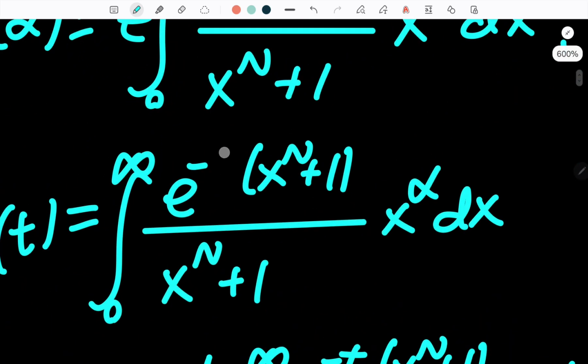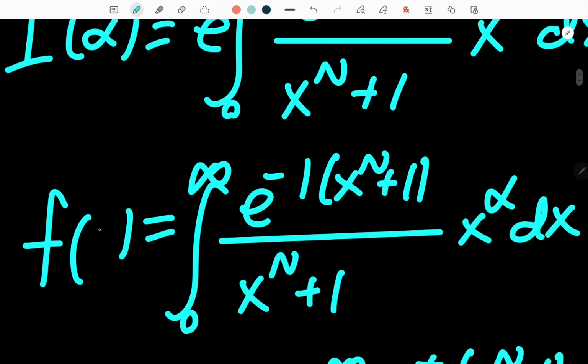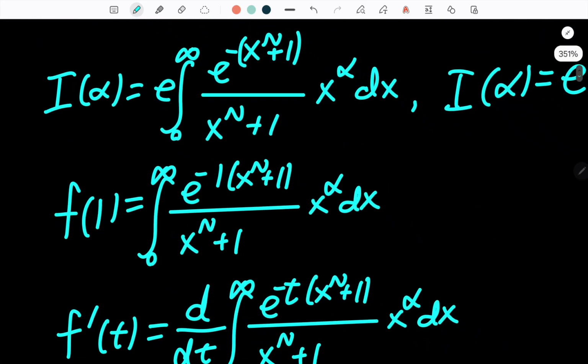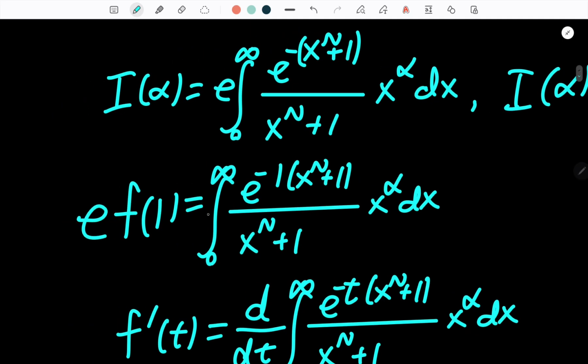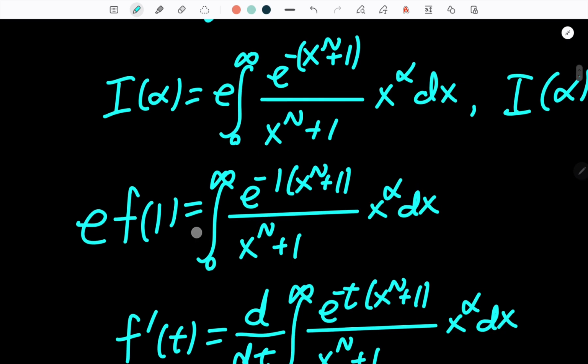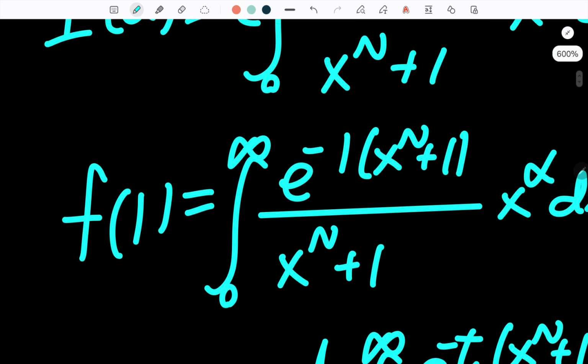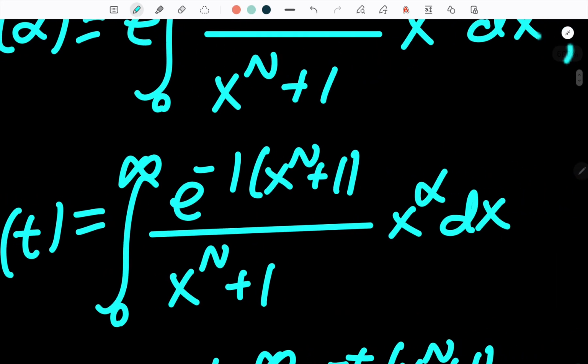Well, if we plug in 1 here, f of 1 is going to be this integral. And if we multiply both sides by e, we're just going to have I of alpha. Cool, right? All right. Now that we have a relationship between I of alpha and f of t,